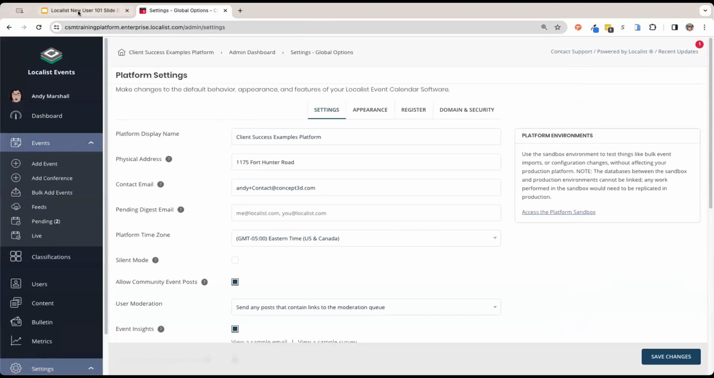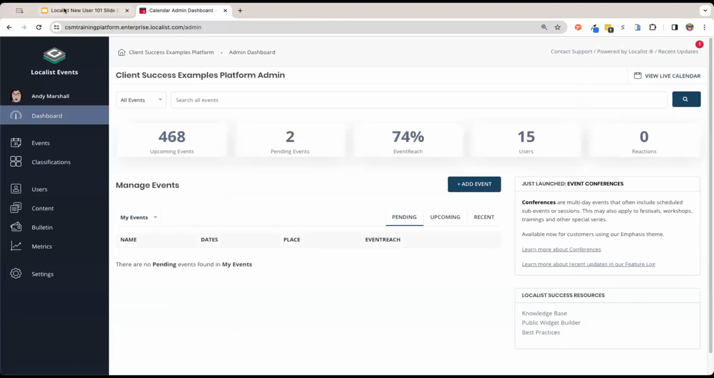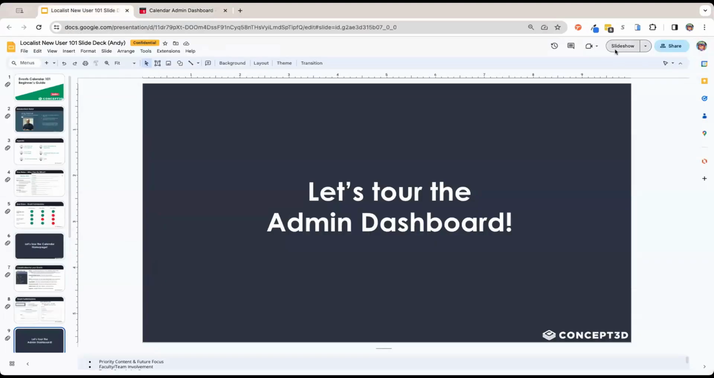And that is a super quick look at the admin dash. I do encourage you to check out some of the videos I have in the Concept 3D Help Center at help.concept3d.com that go in depth into a lot of the items I just covered there. And I will be sure to cover them in a future workshop as well. But in the interest of time, I'm going to go ahead and jump back into my presentation